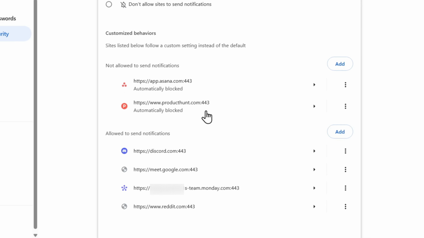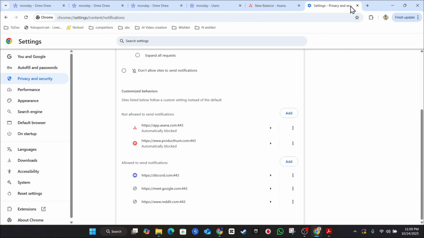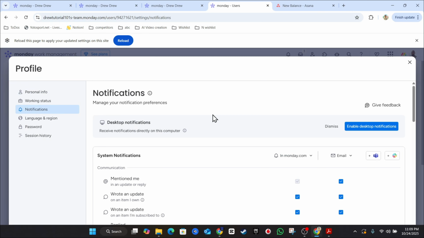Click on that. And you will find in the list as well, it shows monday.com. Here you can see it says team monday.com. To remove that, just click three dots and click on remove or block. It's really up to you. I'm going to remove it. But that's it. So if you're looking to enable desktop notification from monday.com, this is how you actually do it